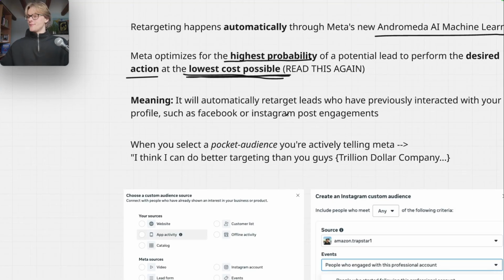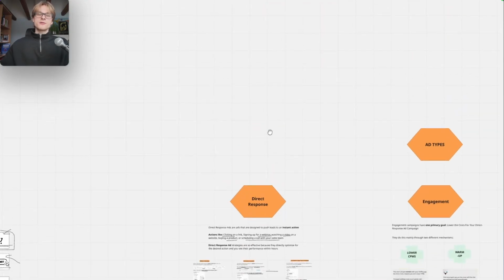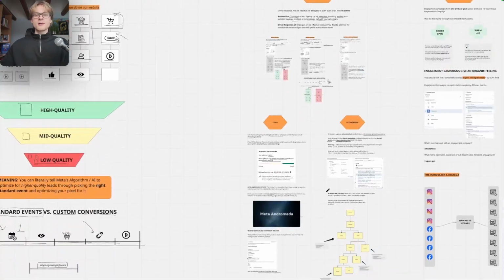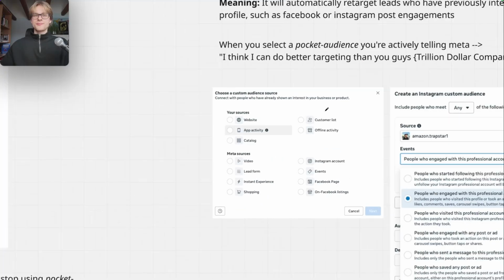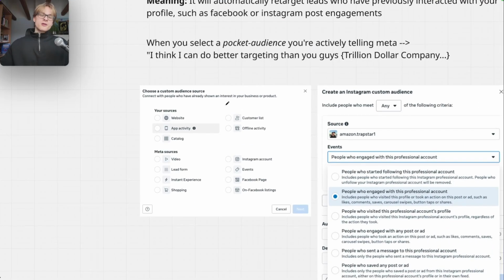No, I don't guess that. I don't think I can do that better than Meta, right? Of having generated $400,000, I don't think I can do this better than Meta. However, there are some cases where retargeting still makes sense, obviously. What I always advise you guys to do is test, like split test. Split test your retargeting audiences with retargeting campaigns with a completely broad campaign, and then compare, see what works better.